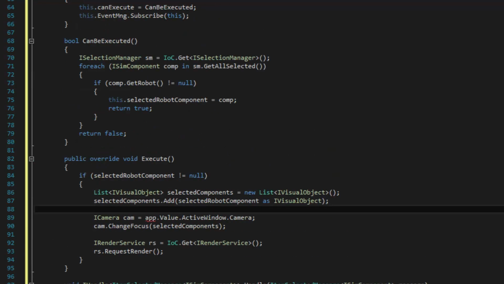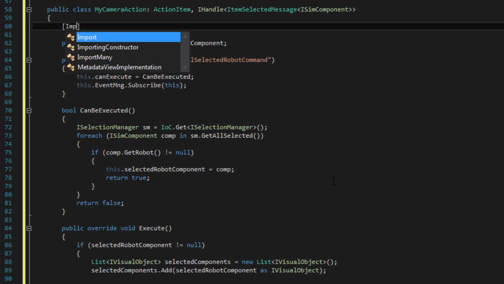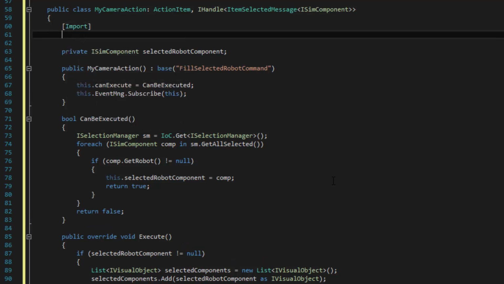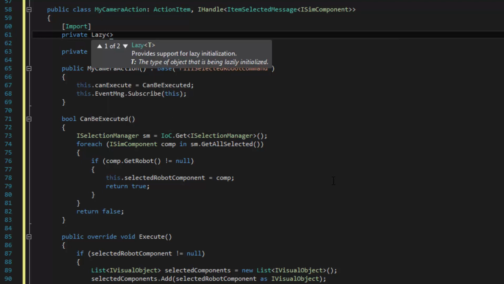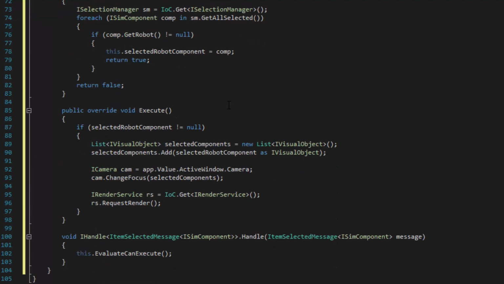So in our action, let's go ahead and add that import attribute for getting an instance of the application. So private Lazy<Application> app equals null. You could have just copy and pasted this from your plugin if you wanted to. And notice that error message goes away, and everything should just work the same as it did for our plugin.